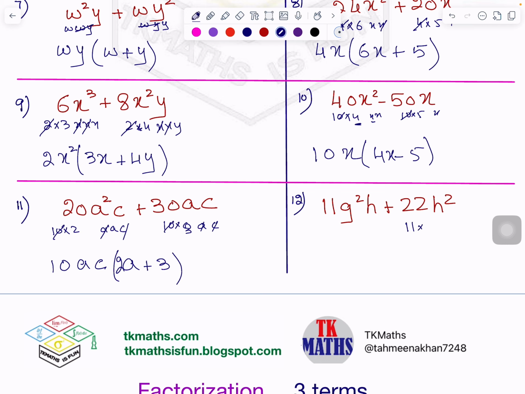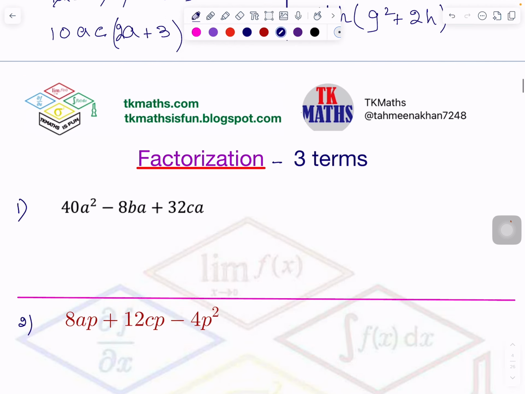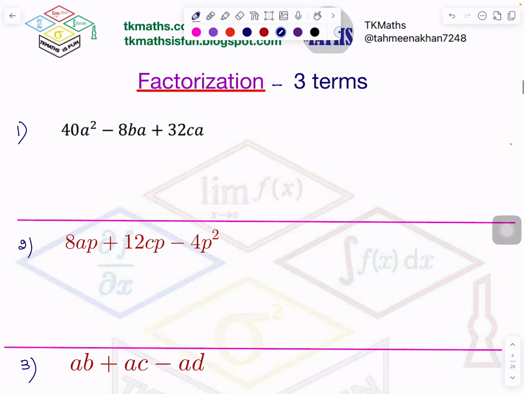11 2s are 22, so it will be 11. G is not common, H is common, so G square plus 2H. So now let's see the 3 terms. I have taken here 3 examples for the common terms. Now you will see in all the 3 terms, term 1, 2 and 3, A is common, and in numbers